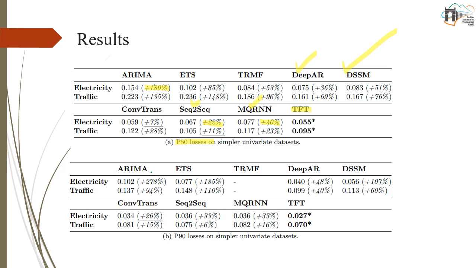So here we can see how our temporal fusion transformers performed way better in training, and then in the testing section they significantly outperformed these previously known mechanisms. Then, in the next table, when we compare the P90 losses, we can also see that in this case also ARIMA was outperformed, then ETS, then DeepAR. DeepAR and other models were totally outperformed by our temporal fusion transformers.